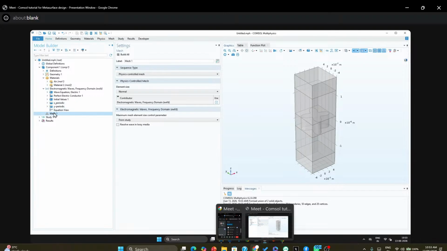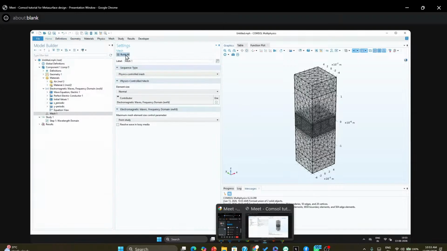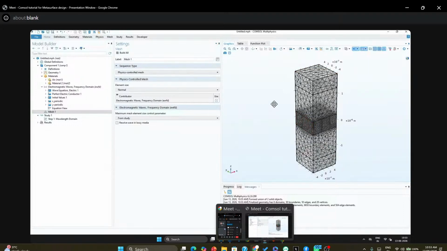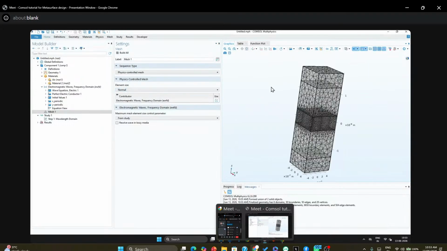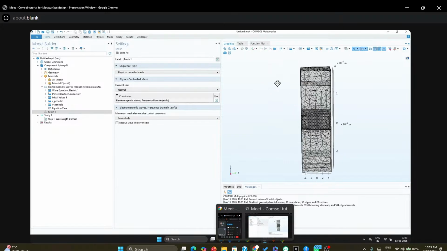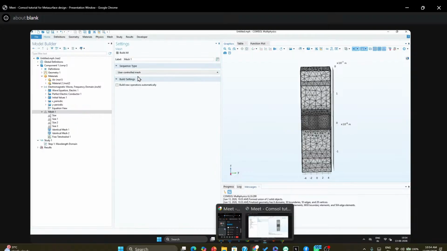So next it is the mesh section. If you have chosen the study already, this mesh will work as a physics-controlled mesh, and if you build this, it will build automatically. If you are using the physics-controlled mesh, it is good, you don't need to touch anything. But if you want to see what is happening inside the mesh, you just switch to the user-controlled mesh,